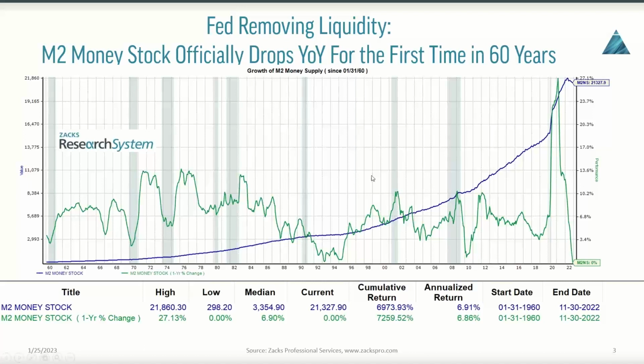So the green line right here represents the growth year over year of the M2 money stock, and it's now below zero. And the blue line represents the actual aggregate M2 money stock. And you can see what happened in response to COVID. We had the most exceptional monetary response that took M2 soaring way beyond its long-term trajectory of growth. So what I'm expecting here is a simple mean reversion